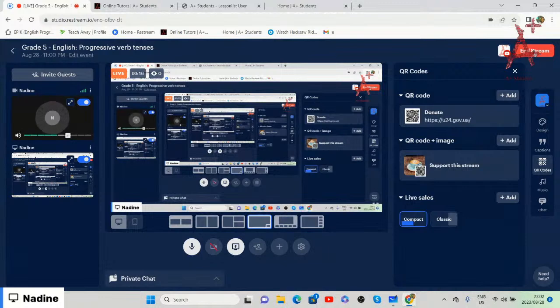All right, so today for our grade 5 English lesson, we will be doing progressive verb tenses. And before we do progressive verb tenses, we're going to log into